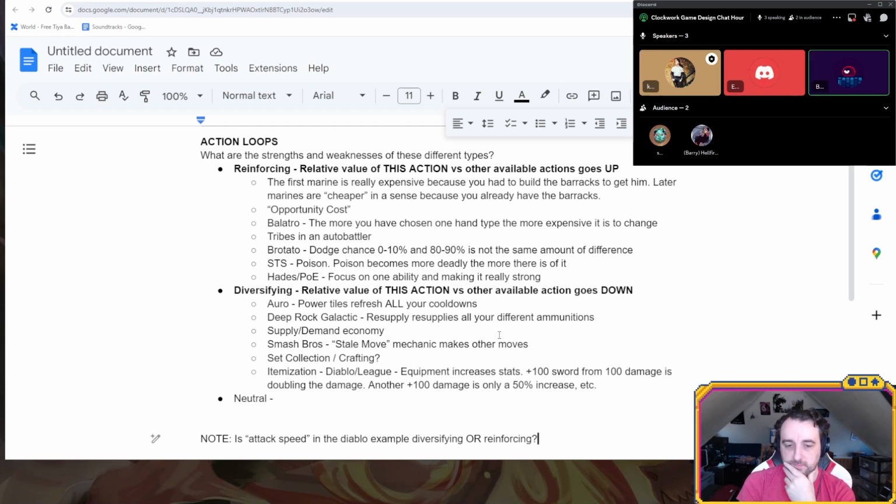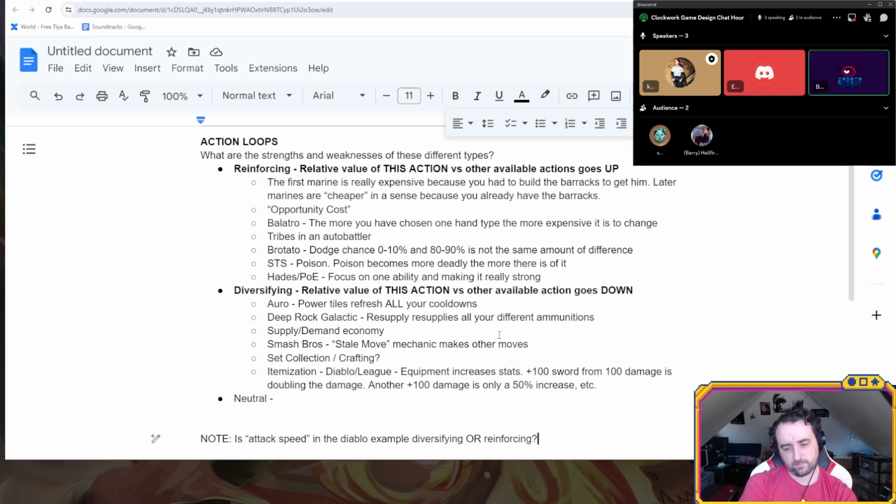And if you have different options to upgrade your different abilities, and you're just trying to upgrade the one but it has diminishing returns, maybe it increases your damage by 100 each time, but the cost keeps increasing, right? So the first time it costs 10 gold, and then 20, and then 30, and so on.